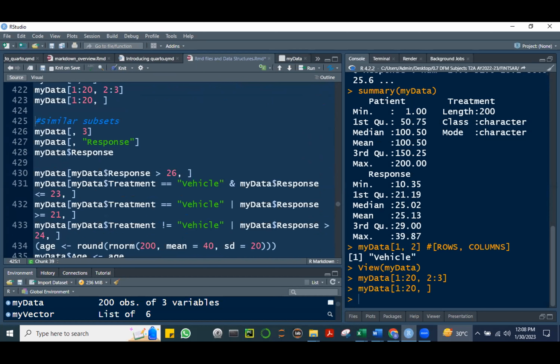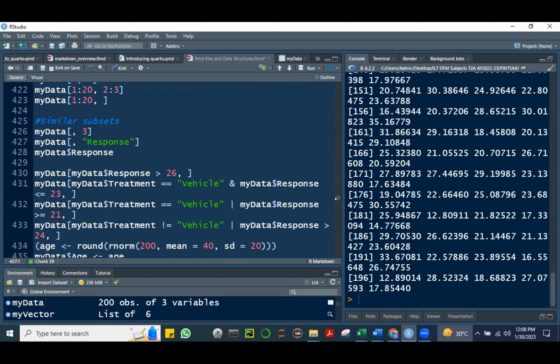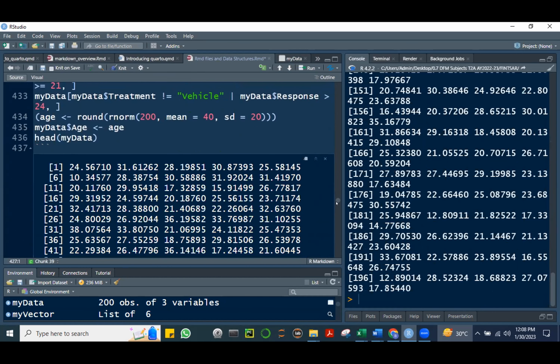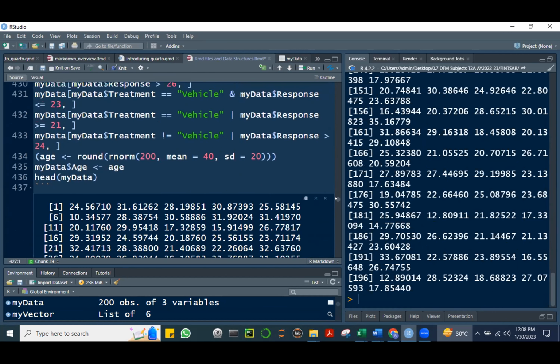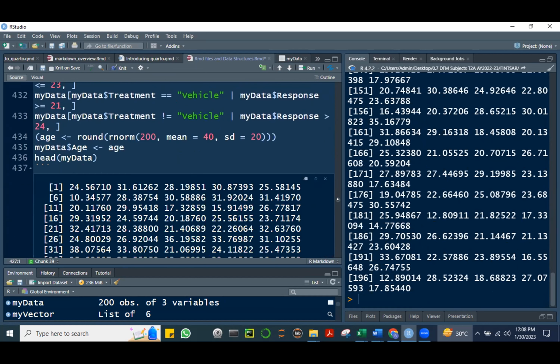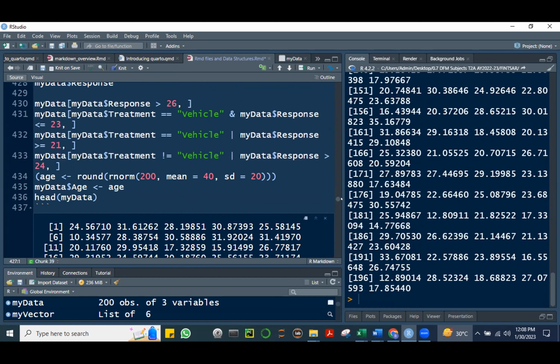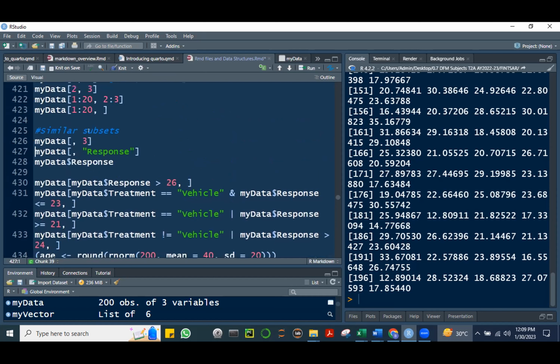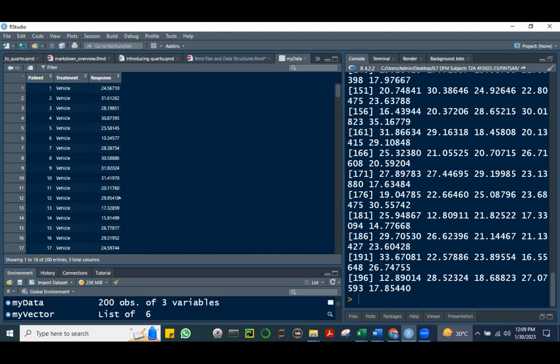All right. How about this? This one means all the columns, all the rows, but just the third column. So if you run this, what's this? This will just generate all the observations because it's all the rows, right? All the rows, but just the third column, which is the response only. So all 200